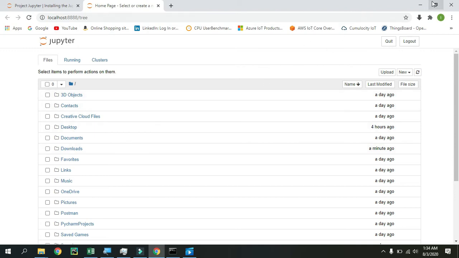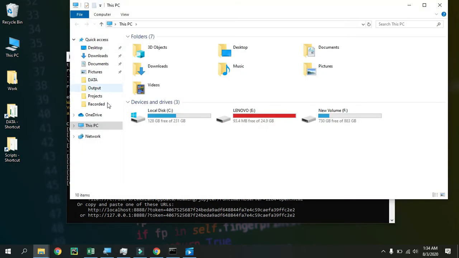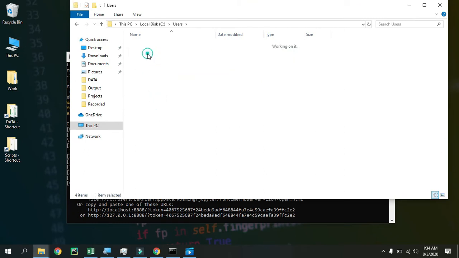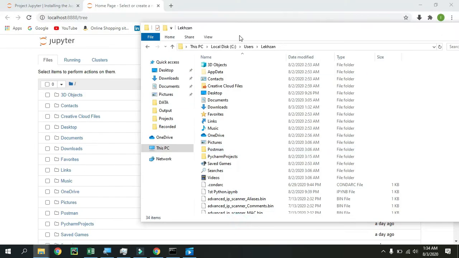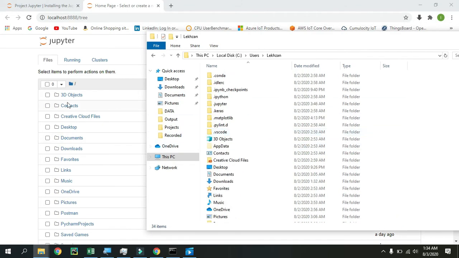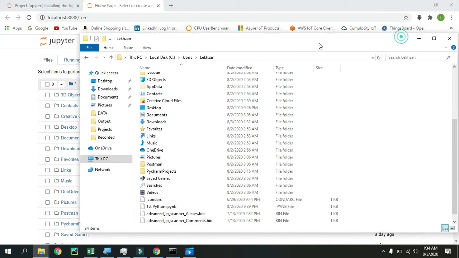Okay, so I'm just gonna show it to you guys. This PC, C, users, Lexan. Yeah, so it's open in my user folder. You can see all the files look similar. Yep, it's been working in my user folder.